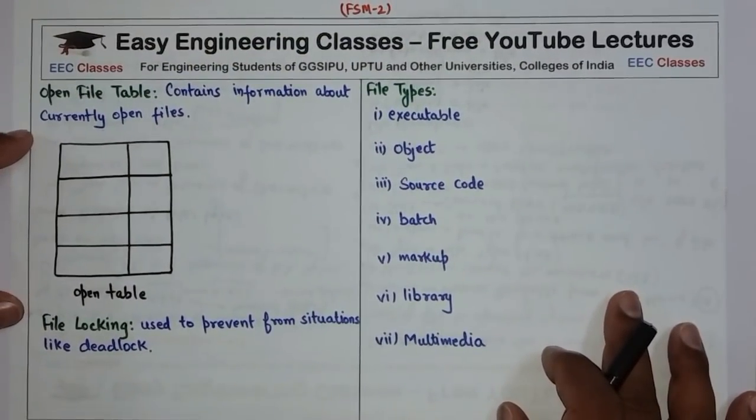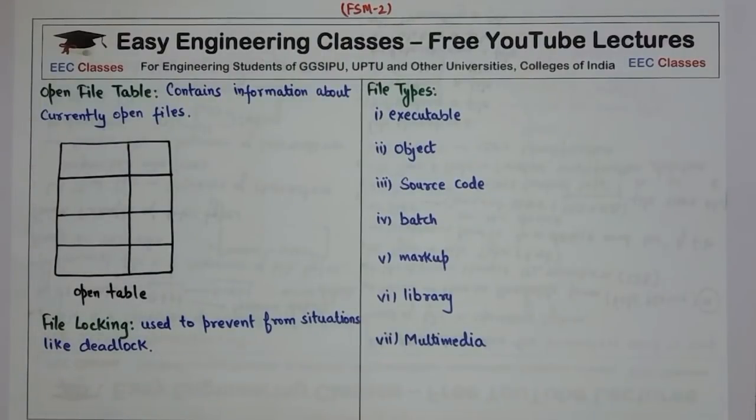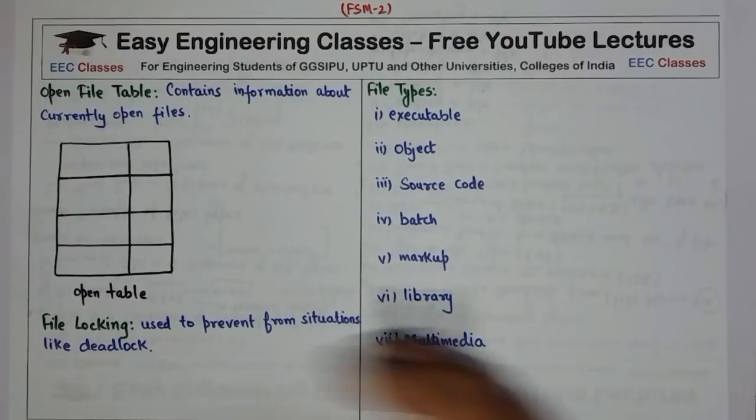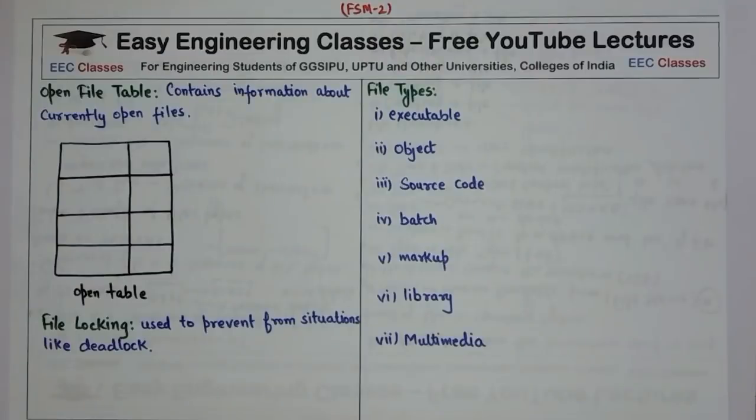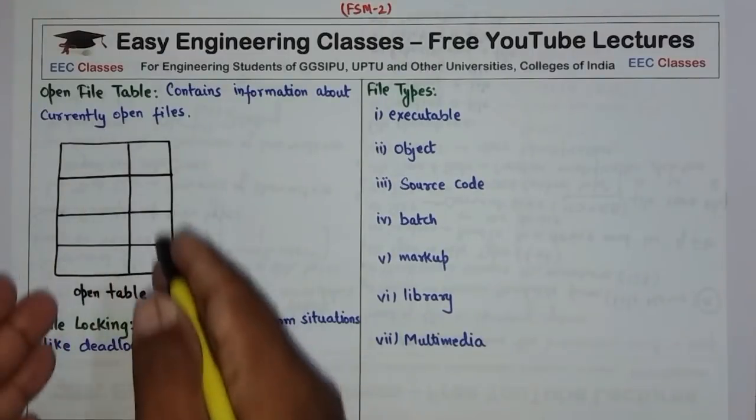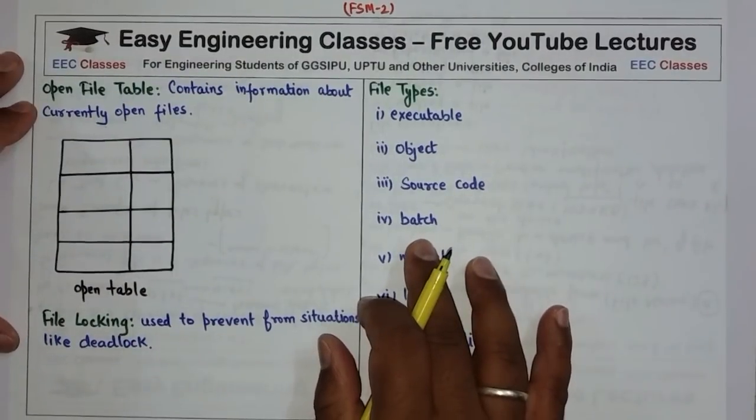Now to write or read a file, first we have to open the file, and many operating systems maintain a data structure called the open file table. This open file table contains information about the currently open files. For example, if this is the open table,